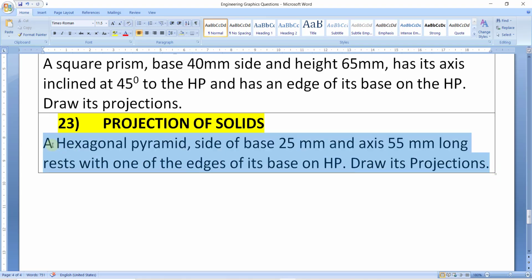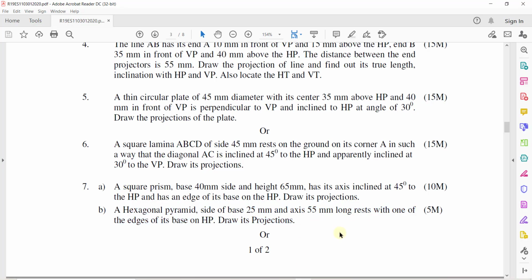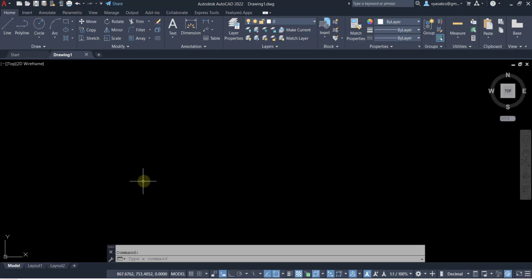This is a pretty simple one. That's the reason why it is asked for 5 marks. Okay, let's go through it. Now, as usual, when you open AutoCAD, we can directly open a new sheet and go for the limits, and we can give 0,0 as the basic left lower corner and 500,500 as the upper right corner,